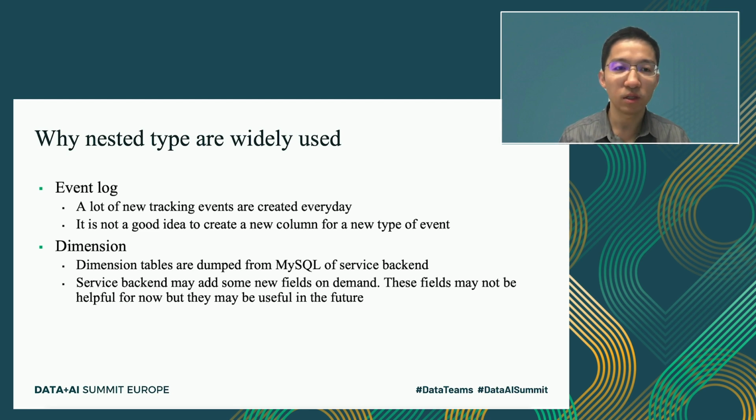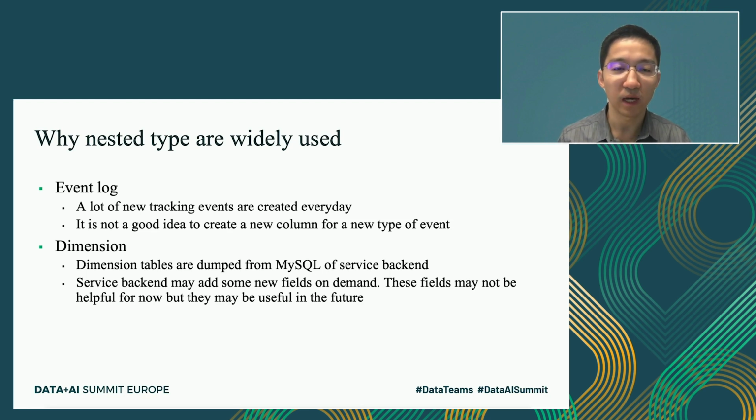I think it's not a good idea to set up millions of columns for a Hive table. And even though we can store all the columns there, it's not a good idea to create new columns and remove existing columns frequently,